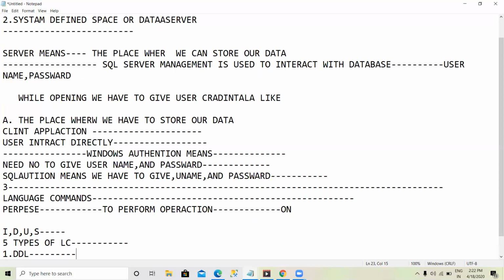It means if you want to create any table or delete any table, these language commands are used to perform operations on database objects like tables, views, stored procedures and triggers. Next, DML commands, data manipulation commands.